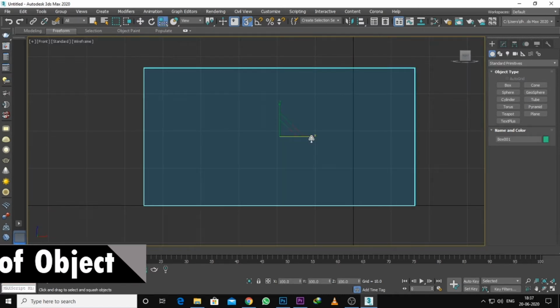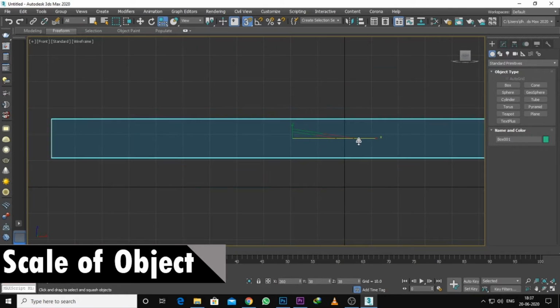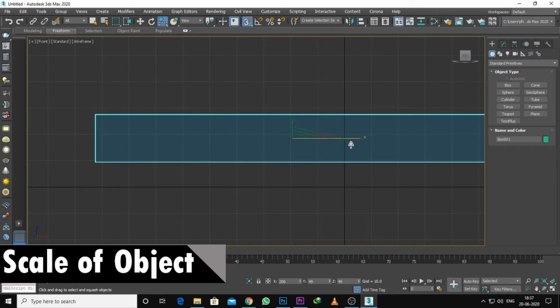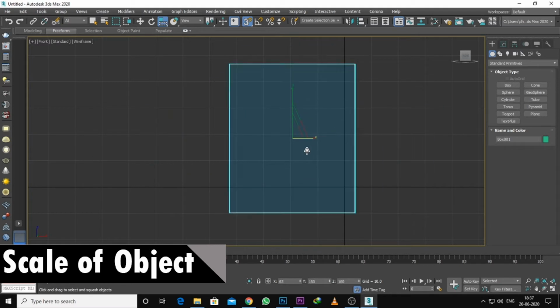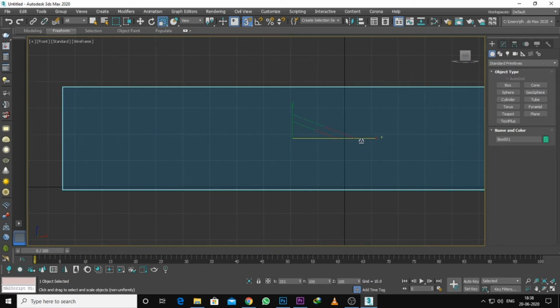Next, when I want to enlarge in the x direction and stretch it in the x direction, at that time the y direction also stretches. So now go here and click this option. When you click the x direction and stretch it, only the x direction stretches.